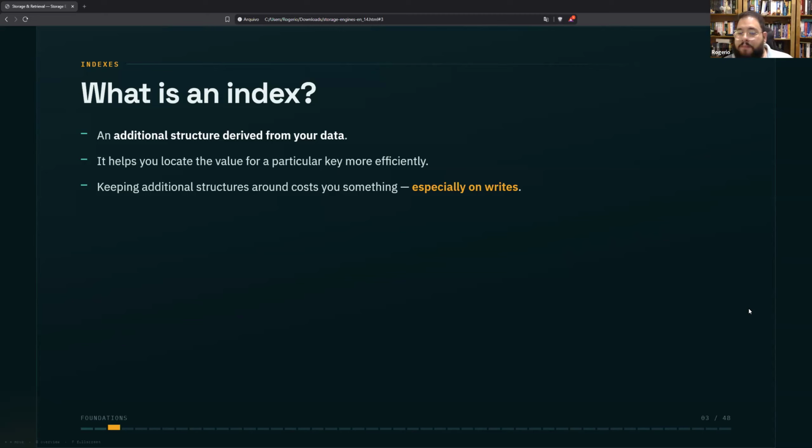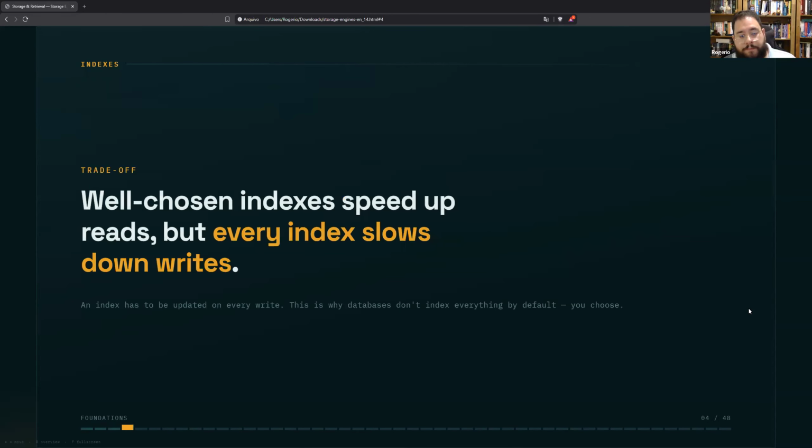But keeping additional structures around costs you something, and that is exactly what we will talk about. Well-chosen indexes speed up reads, but every index slows down your writes.